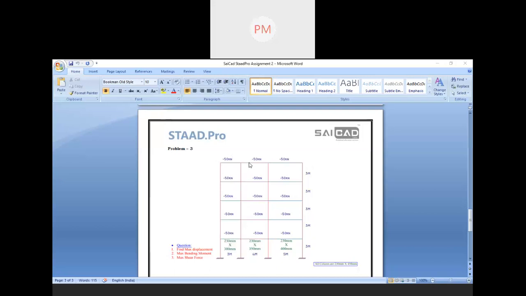Don't miss that. For the reinforcement diagrams, that will be discussed in our next class. It's a design and optimization class, so don't miss that.